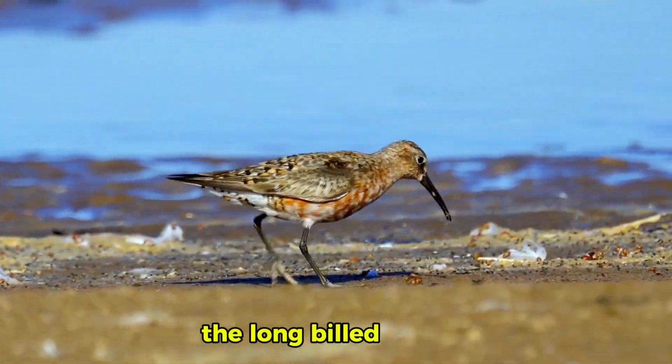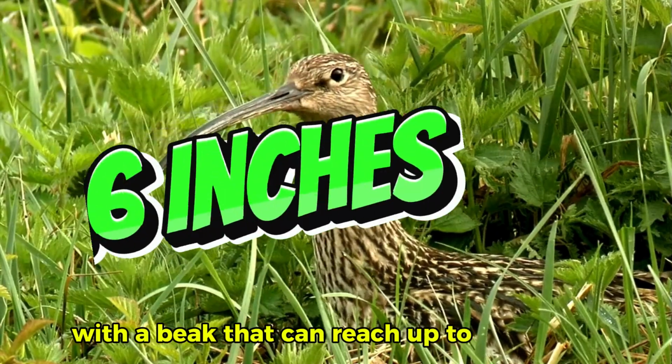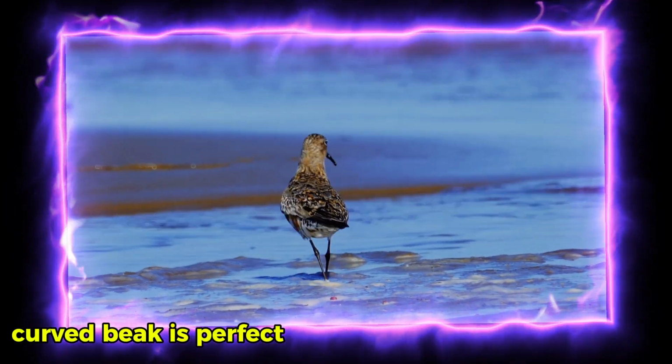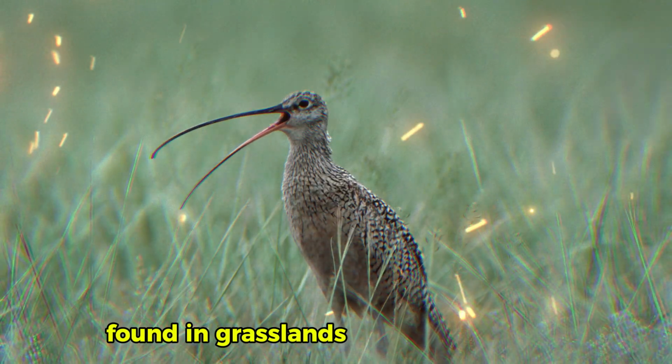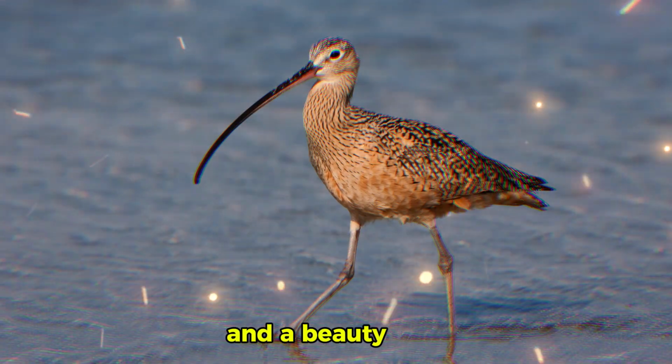Thirdly, the Long-Billed Curlew is North America's longest shorebird, with a beak that can reach up to 8.6 inches. This long, down-curved beak is perfect for reaching deep into the soil to pull out insects and worms. Found in grasslands and coastal areas, the curlew's beak is both a feeding tool and a beauty trait, giving it